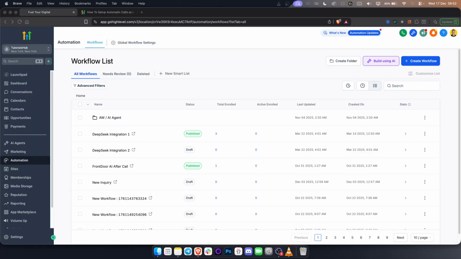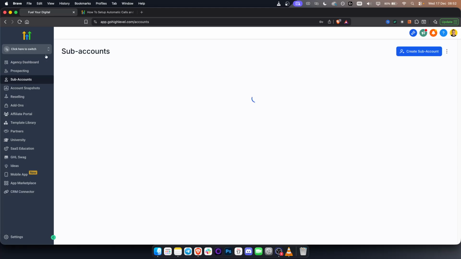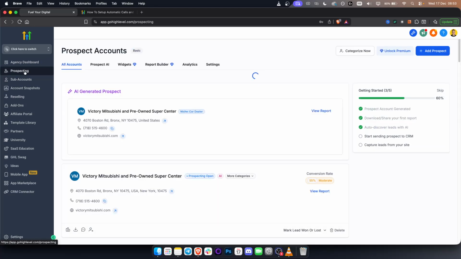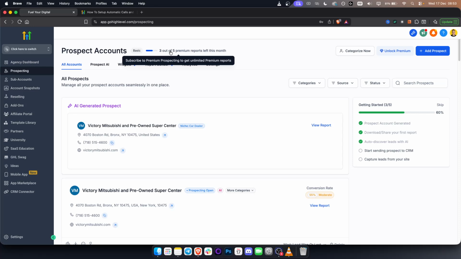Now, another really cool thing GoHighLevel has, which not many platforms have, is that if you switch to your agency view, you can actually go to your prospecting right here. Now, prospecting is a way to generate clients and find clients for your business. Okay, this is something that most businesses do not have. As you can see, I got a new prospect alert here. So GoHighLevel identified the prospect for me based on my criteria, and I got this prospect right in my pipeline